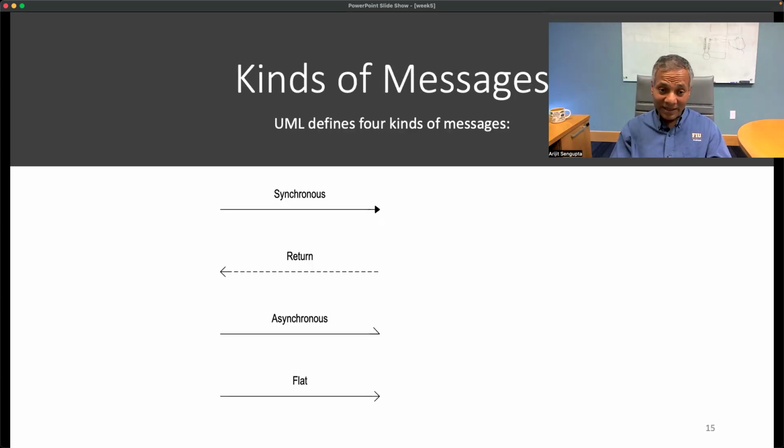Here are the different types of messages. Now, not all diagramming editors would allow or support these messages, but it's kind of interesting to know the different types of messages you can send. We'll see that for most practical purposes, we are either going to use the synchronous messages or flat messages. And of course, whenever we need something to be returned to us, we'll use the return messages. Asynchronous messages are nice when you have things that could potentially happen in the background, but not all that common